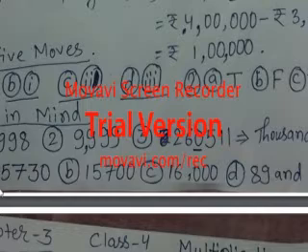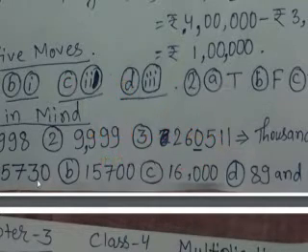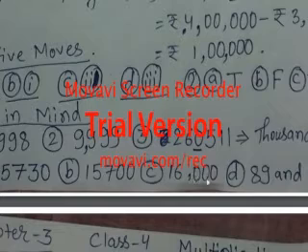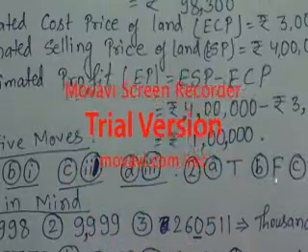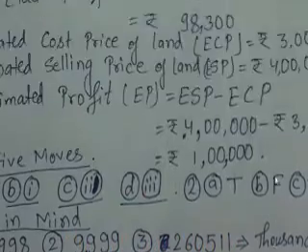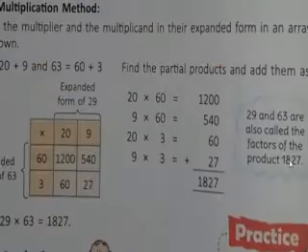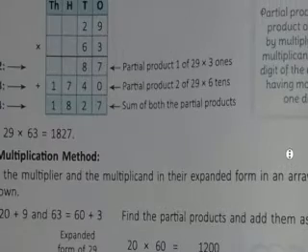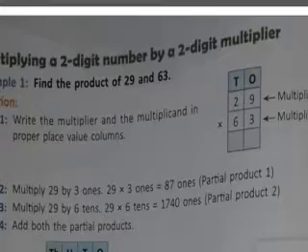At first 15,730, because 26 was there, so 6 rounded up to tens, and 1 has been added to 2. And this is 15,700, because in tens there was 2, so nothing added. And here it is 16,000, because in hundreds there was 7, so 1 added. Okay. Now in D, if you will see 89 and 11, I had written an answer. So what was the question? So the answer became 89 and 11. So let's see.